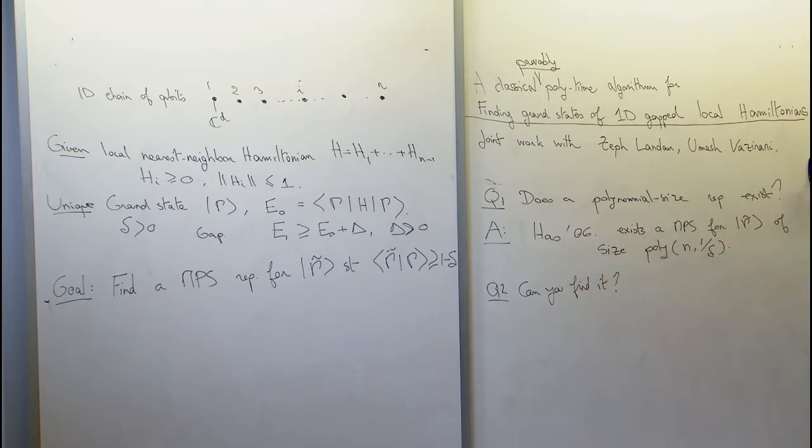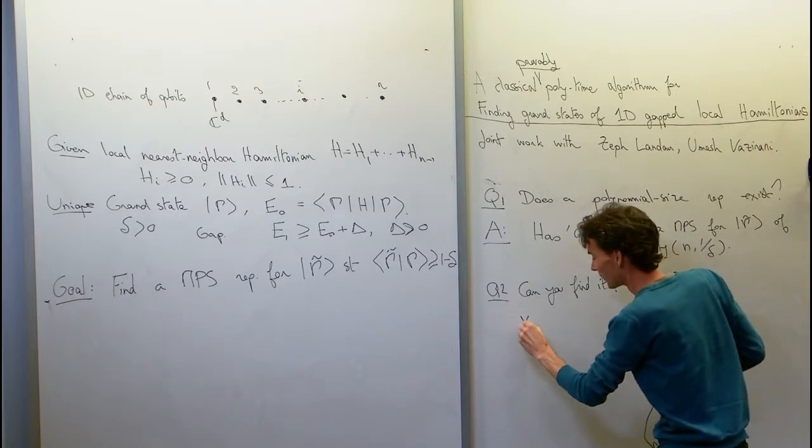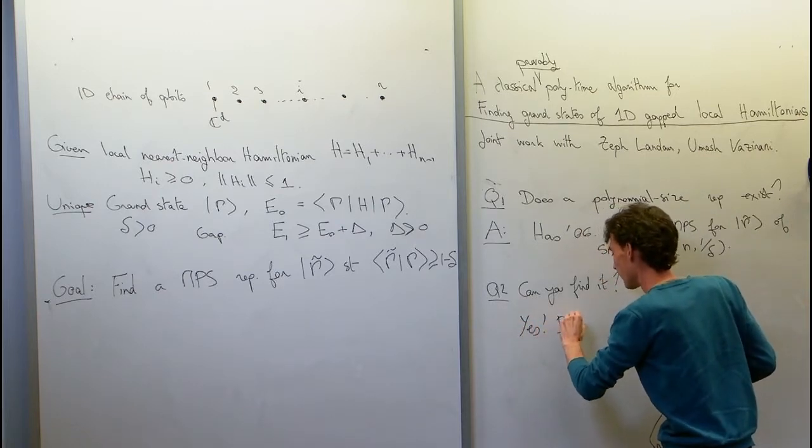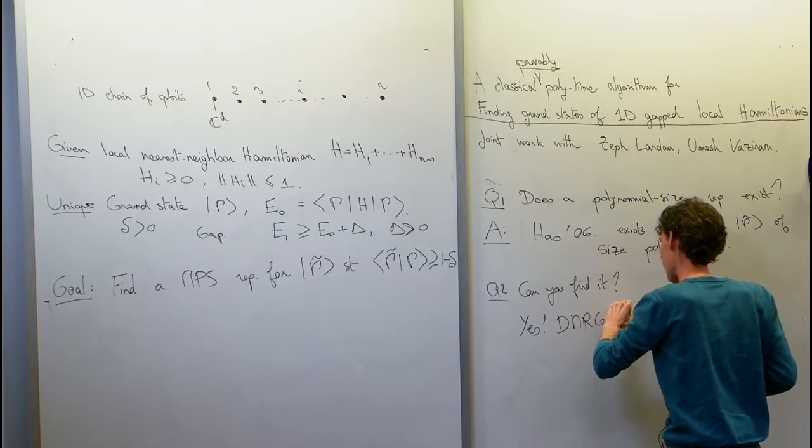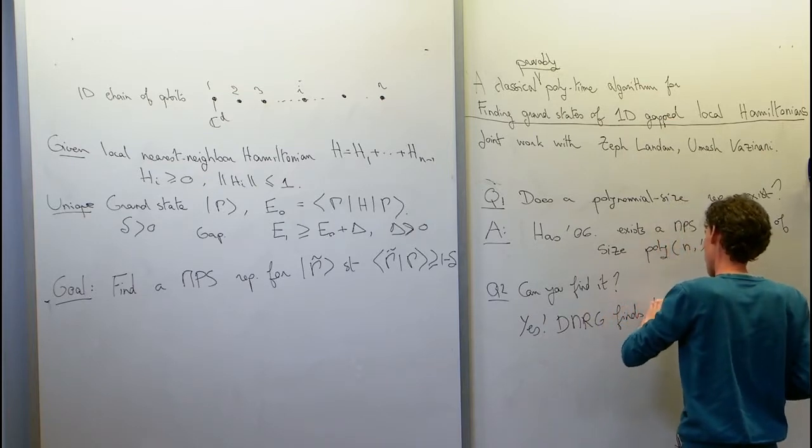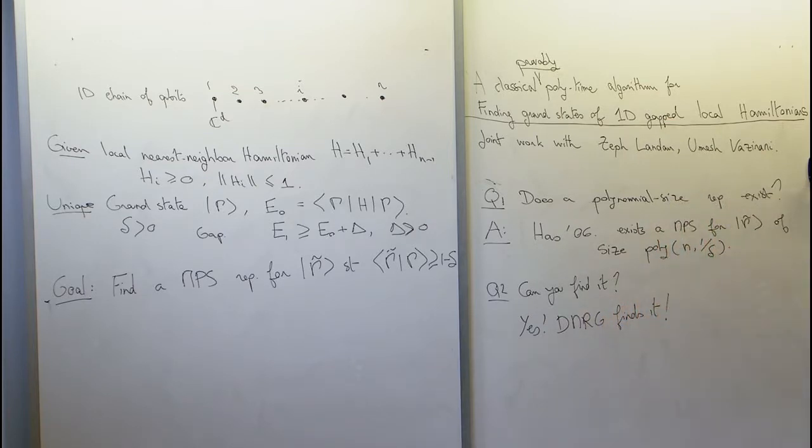And I guess Steve gave the answer. The answer is yes. DMRG finds it. That's what DMRG does, right? So yes, DMRG finds it. Except maybe it's not so clear. In practice, it finds it. In theory, you can come up with contrived examples in which DMRG gets stuck in a local minimum. In particular, there's a nice result by people here, Frank, Norbert, Ignacio,